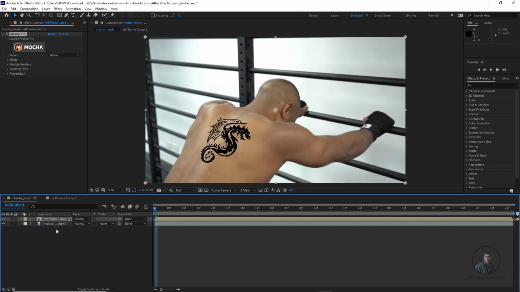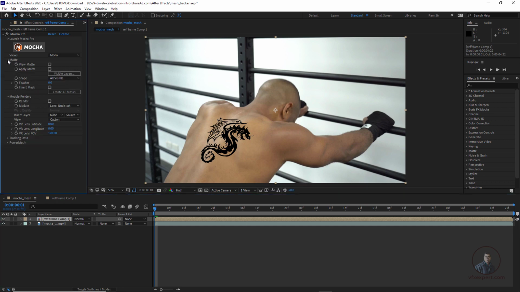Easily you can see, after this select this layer and open the Mocha module, render and matte layer. Remember this one. In the module layer, select stabilization warp, this is important. Then click on render, finally apply matte, click here apply matte.